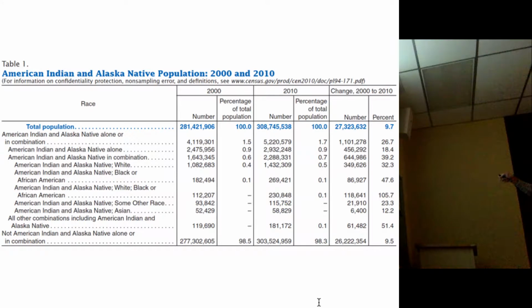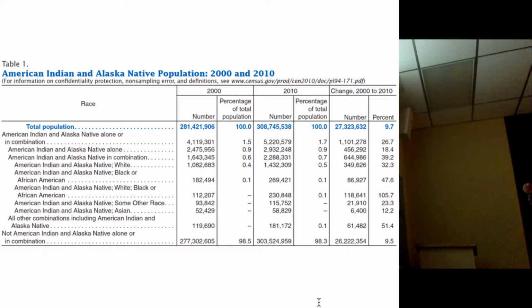9.7%, that's 27 million people. How in the world does that happen? I don't care how busy young people could be, it's impossible for a population to grow that rapidly through natural increase, even with lots of twins. So what's going on here is a lot of migration. You've got a lot of immigration coming. So big time immigration from 2000 to 2010, plus relatively flat population growth.